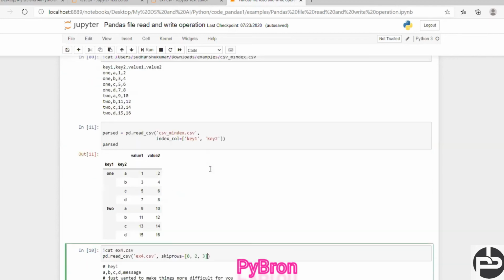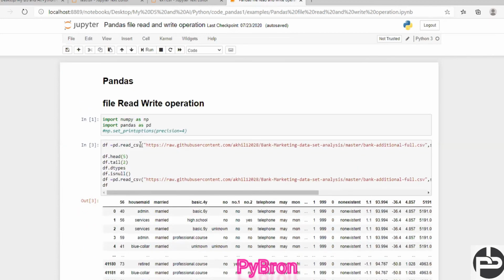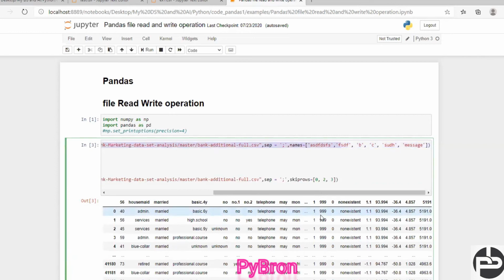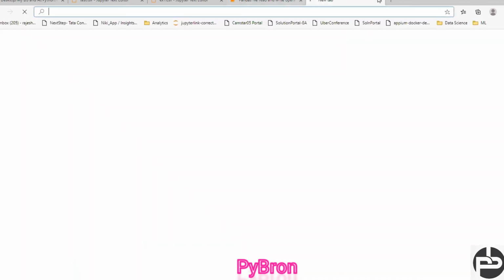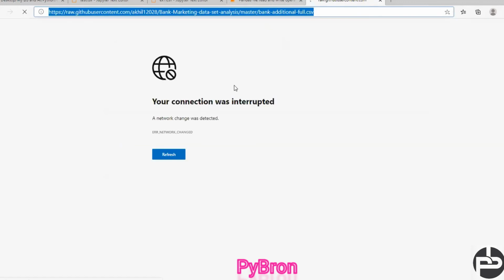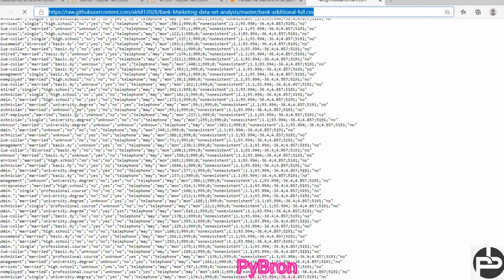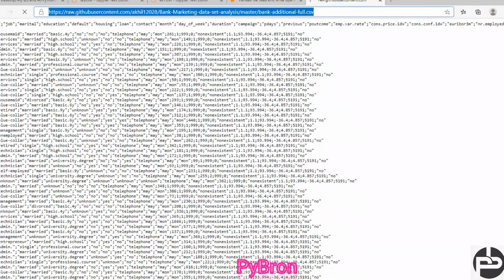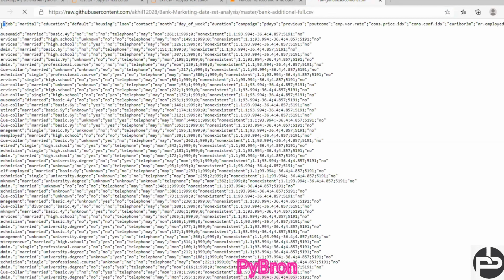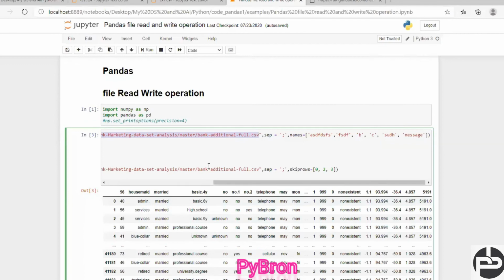And also you can read the data from an API also. Suppose this is one API. I just want to show you. One minute. Let me copy this and paste it in my browser. Okay, I guess this will not allow. Yes, I can see here the data is going to be here. Here the data is separated with the semicolon. Can you see this? And also we can read the data through APIs.